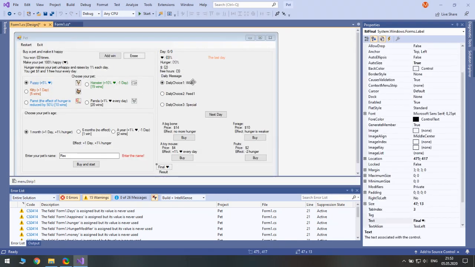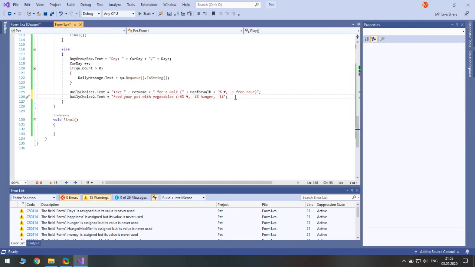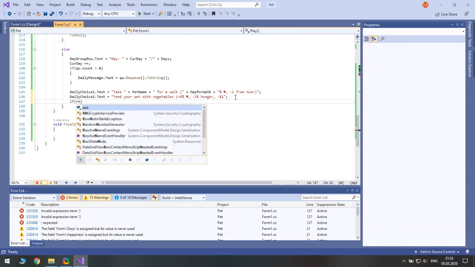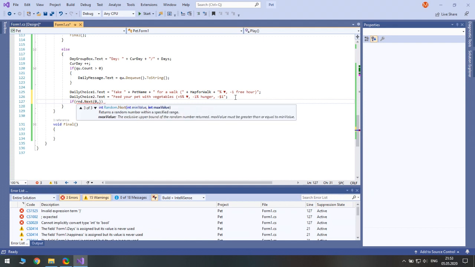Every day there should be a small chance that daily choice 3 is available. So let's type if random dot next. Well, let's make it from 0 to 6.